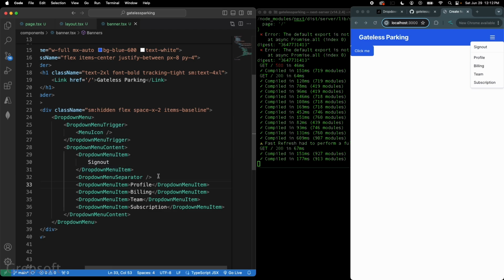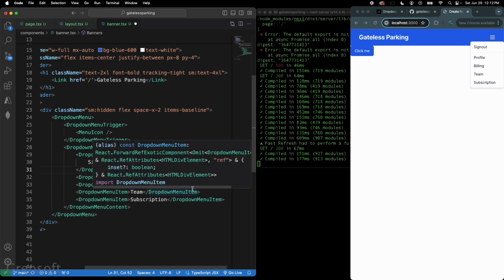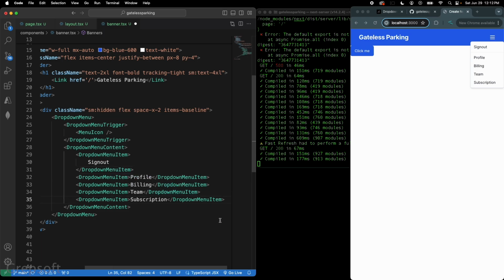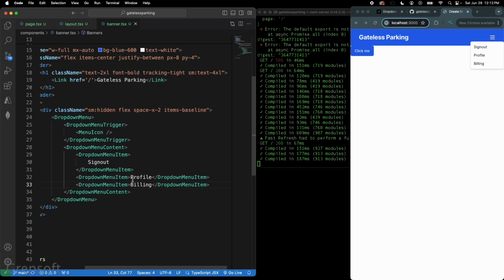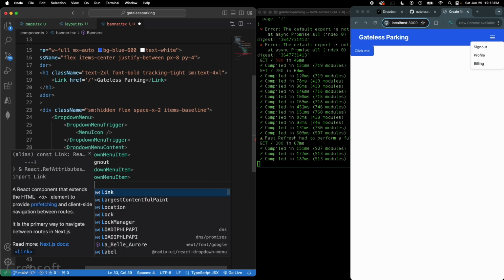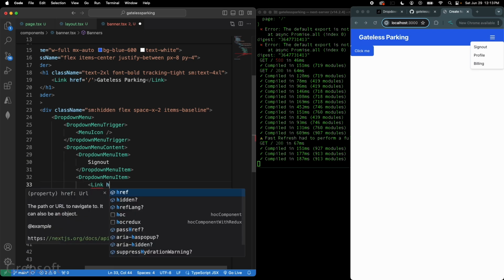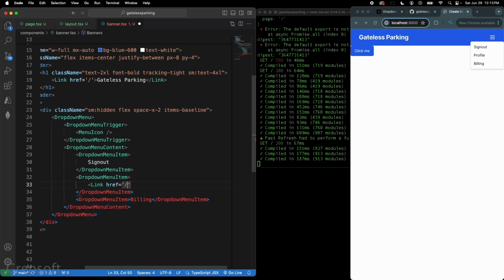Anyway, what I will do is get rid of this separator. I don't need it here, so I'll just leave it. Okay, the other thing I need is, I don't need these. I'm going to save it. What I need here is, let's just bring this here. I need a link here. For now I'll just put a link to my bookings. This doesn't exist yet, we'll create it, but I will say my bookings